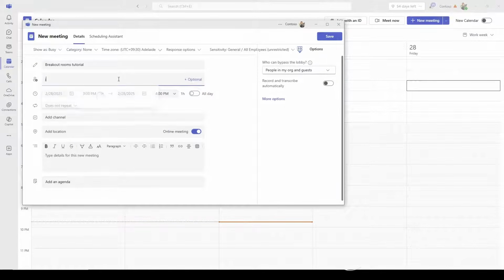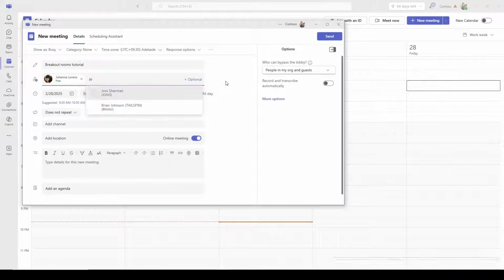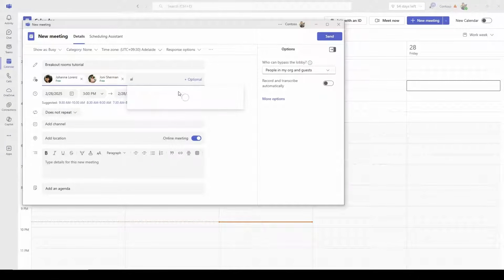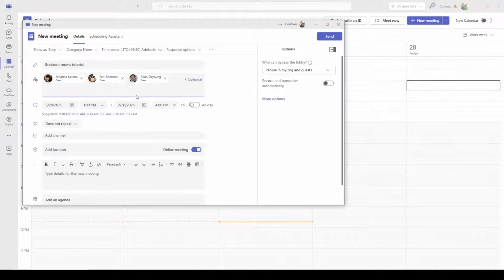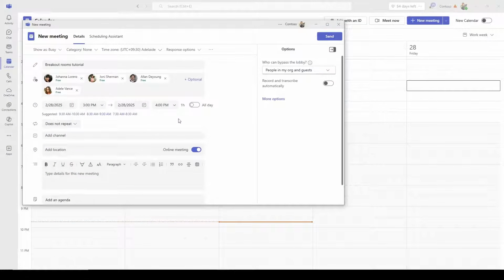And in here, I'm going to invite a few people. So you want to make sure you invite the people so that the breakout rooms option is available for you. So let's go with Joanna, Johnny, and let's go Alan. And who else? Let's see, Adele. There we go. So these are 4 people that I want to invite